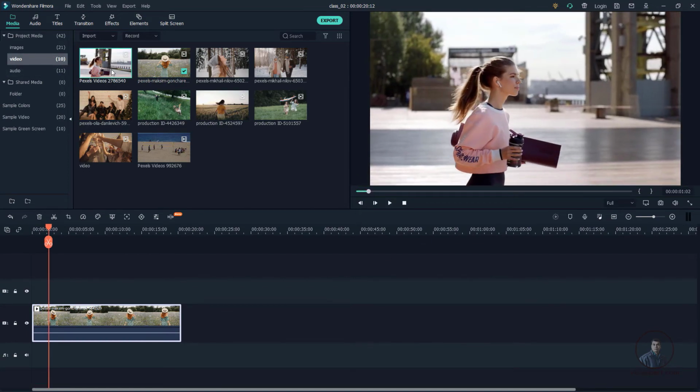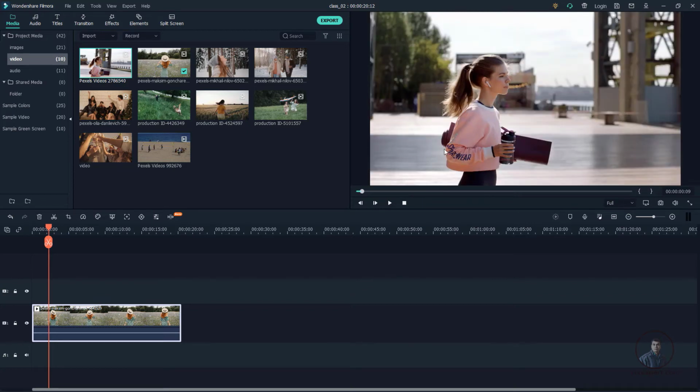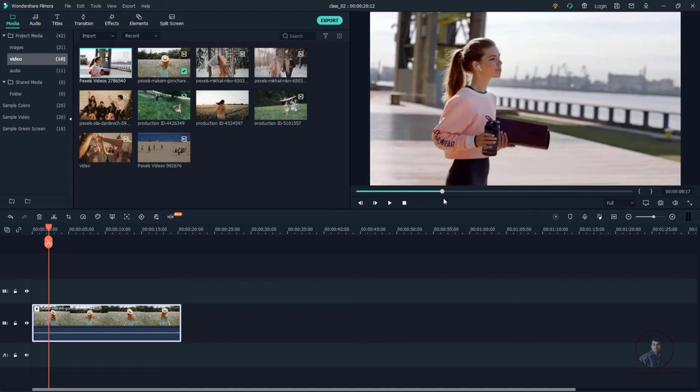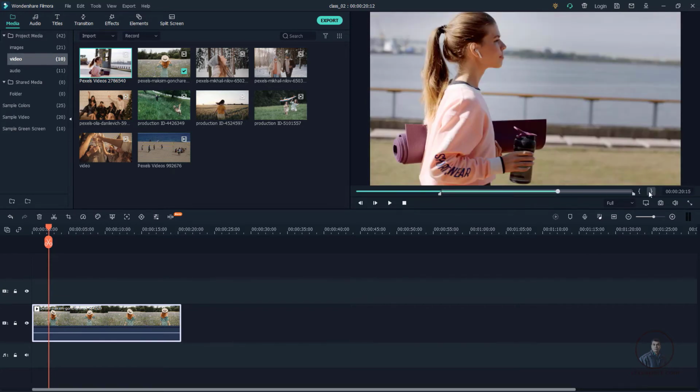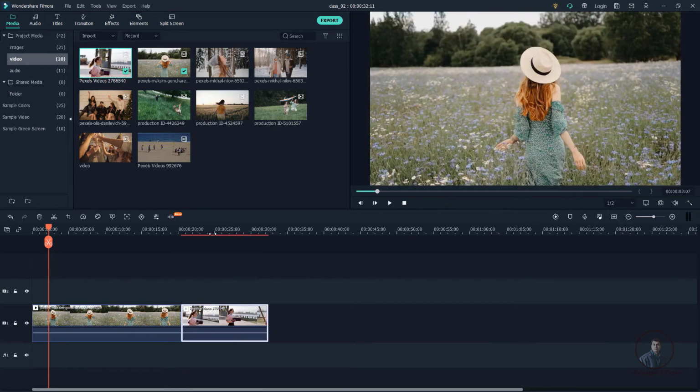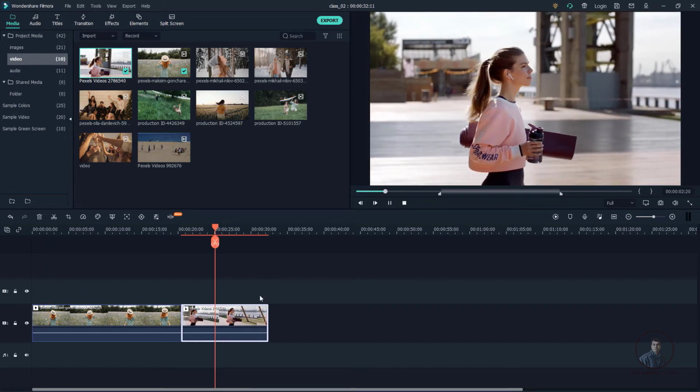So suppose before placing your video in our timeline, if you want to trim your video a little bit, then from here you can define in and out points. So this video is actually going to start from here, but I want it to start from here, not before this. Then you can define the in point here. After this, till here only I want to use, so then the out point here. Then after this if you place your video, only this portion, whatever portion you have defined, will be placed in the timeline.